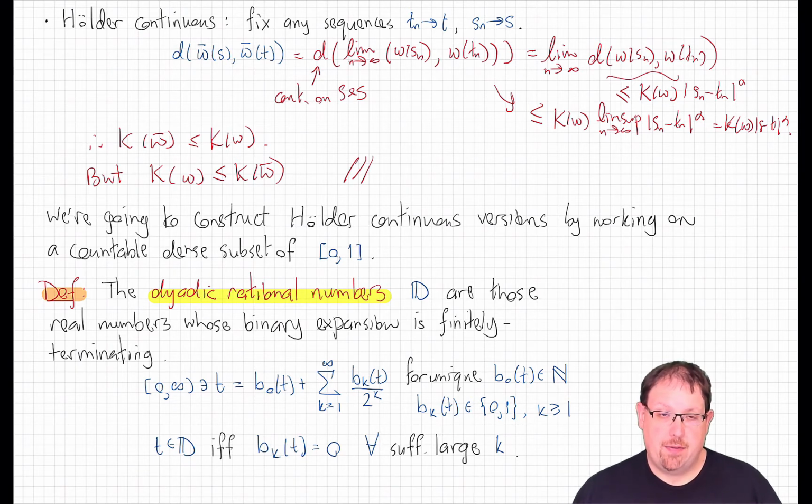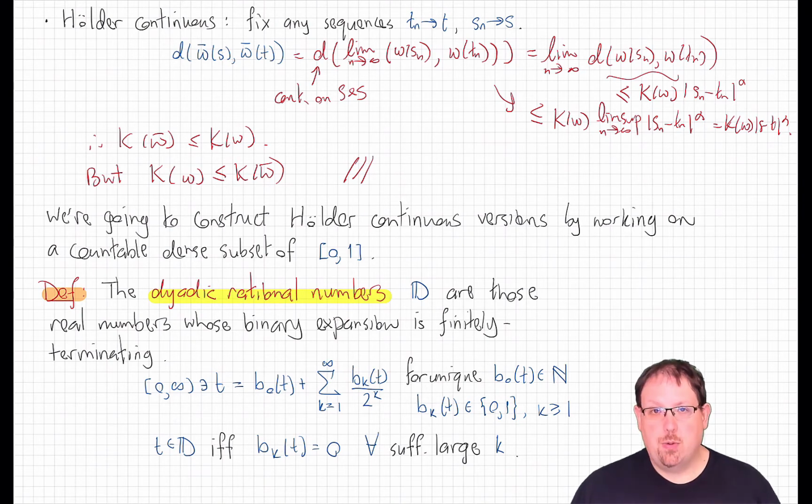So to check if a function defined, for example, on the unit interval from the start can be modified to have a Holder alpha continuous version, we could restrict it to some countable dense subset and check whether that restriction is alpha Holder continuous. If it is, then we know from this theorem that restriction will have a unique extension to an alpha Holder continuous function on the whole space. It might not be equal to the original function, but we'll see that in the setup we'll give, it will be a version in the probabilistic sense that we need.